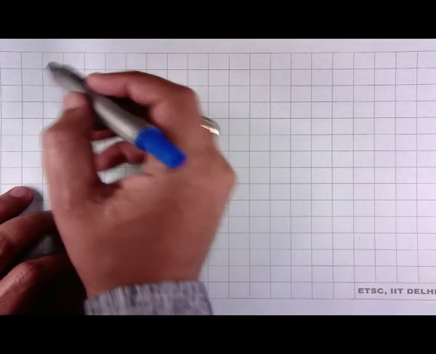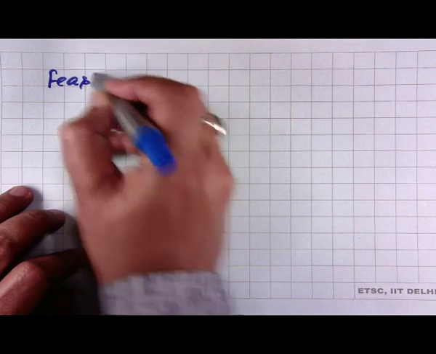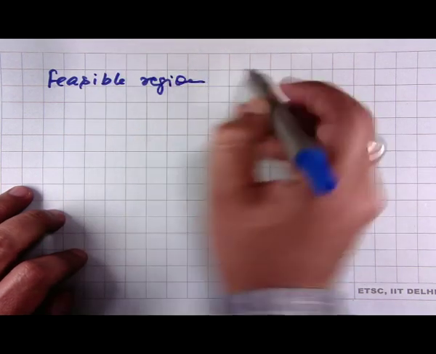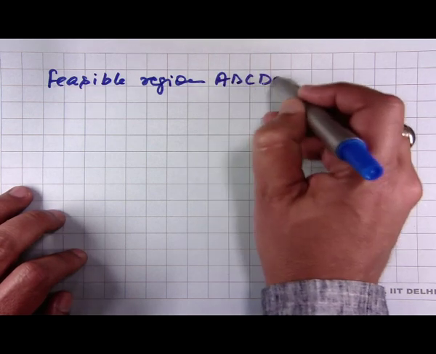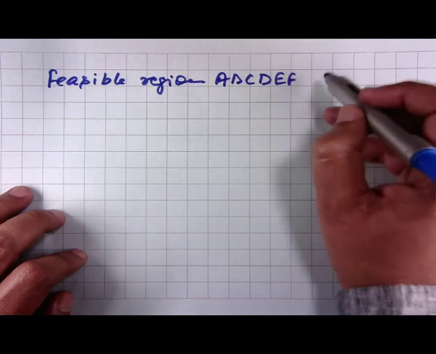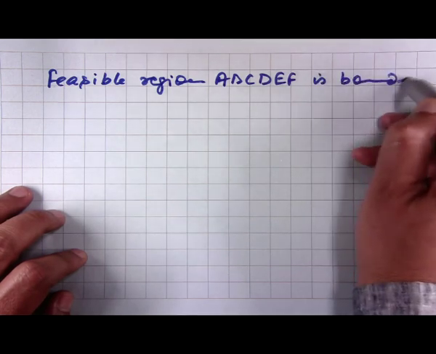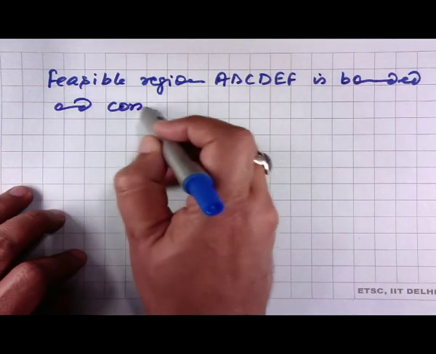Since the feasible region A, B, C, D, E, F is bounded and convex,